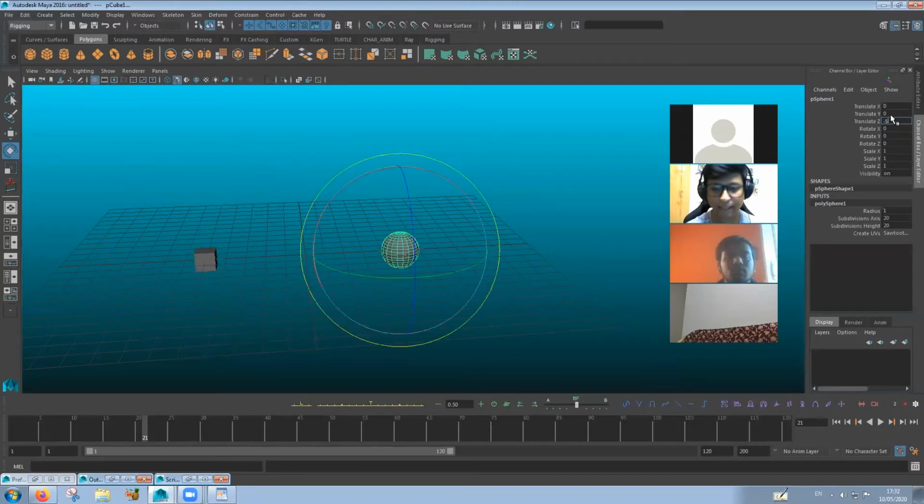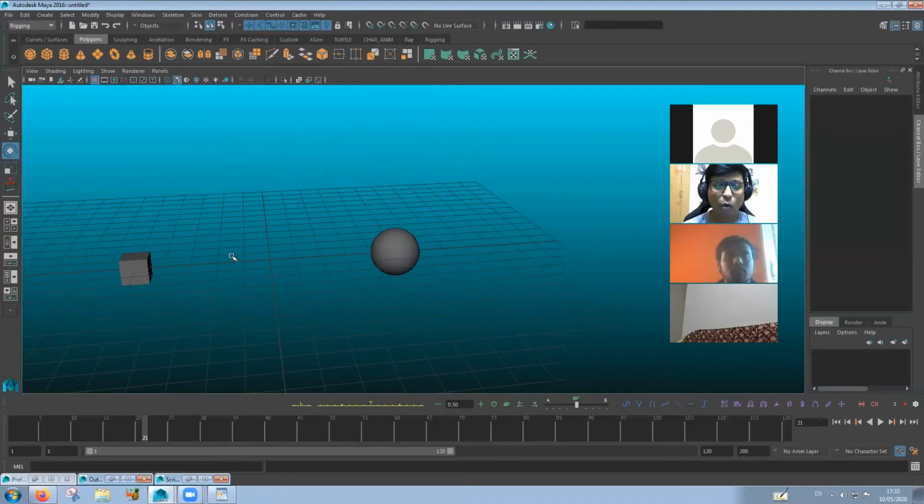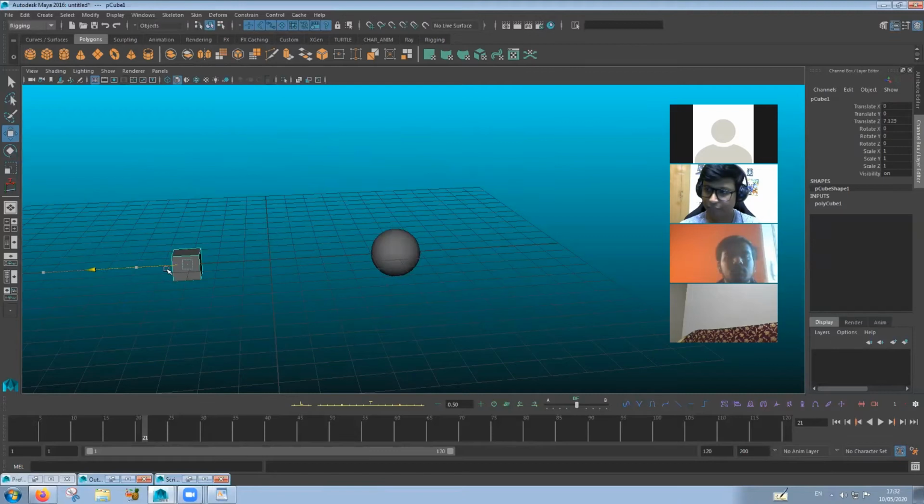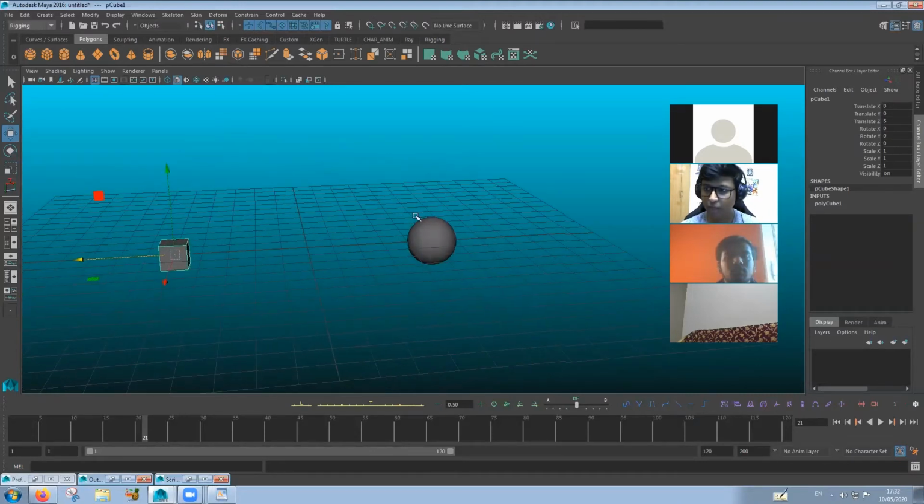Now I want the translate Z of the cube to affect the translate Z of the sphere.